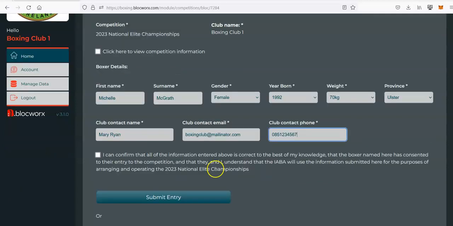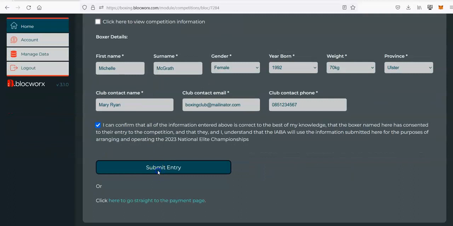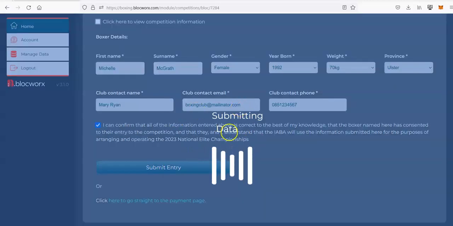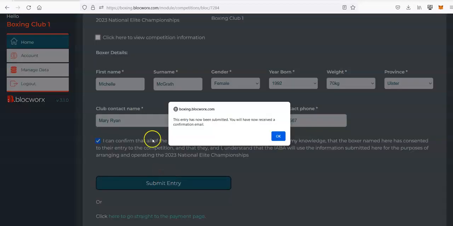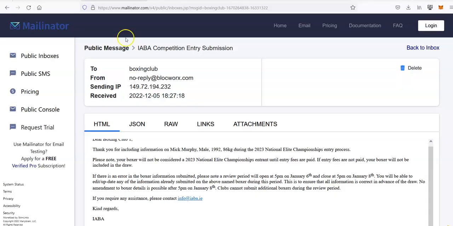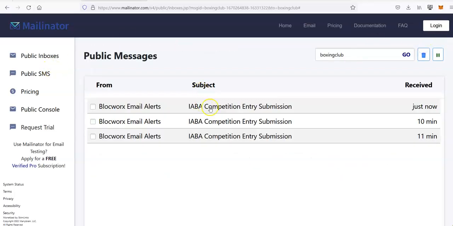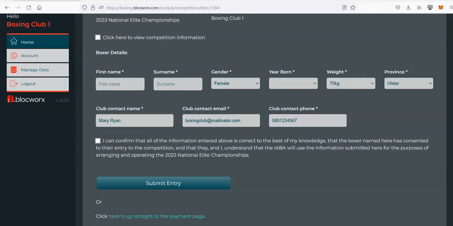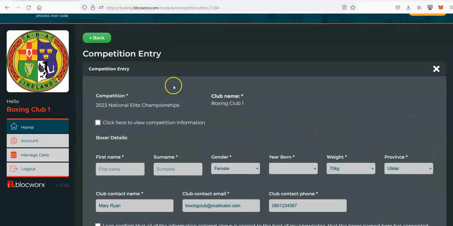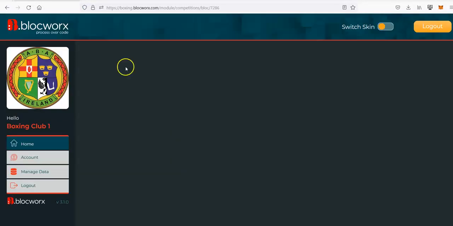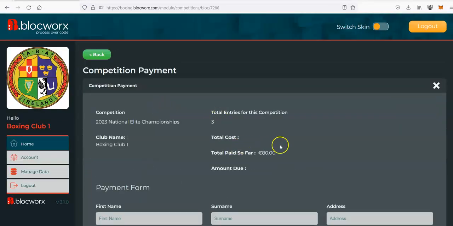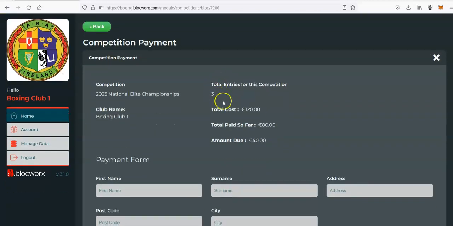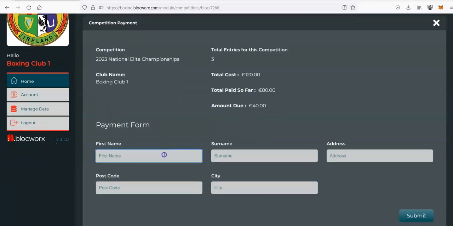We just put in the number, click submit entry. Once again, you'll see the pop-up and you'll see the new mail come in. And when we go straight to the payment page, you'll see that the information has been updated. So now you have a total of 3 entries, total cost 120, but 80 has already been paid, so 40 is due. So simply follow the same process again